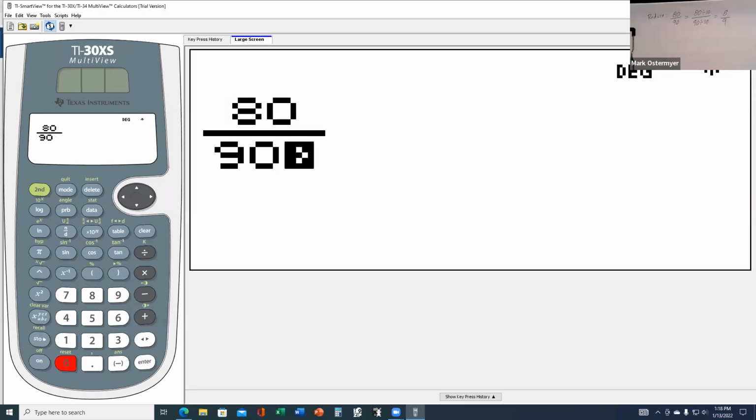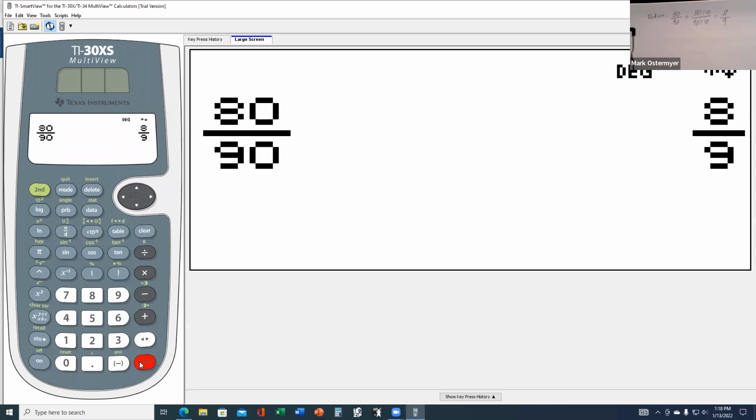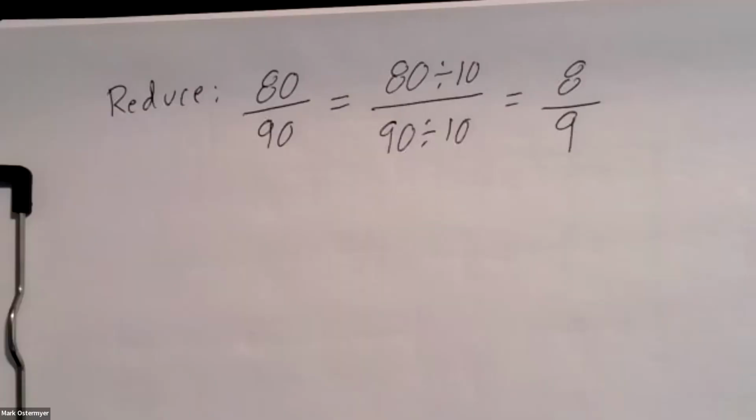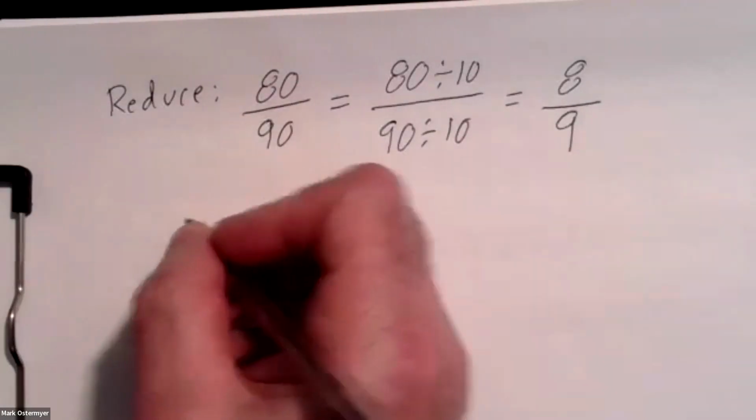Now, how does 80/90 reduce? Well, to reduce it is pretty simple on the calculator. Just hit enter, and it's reduced for you. You see that there? 8/9. Isn't that cool? All right. So we could maybe reduce a couple of these using the calculator without having to go through the drudgery of doing these manually. So you can do this one on your calculator,